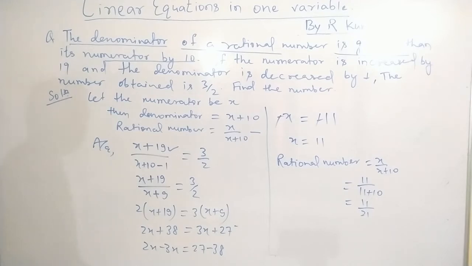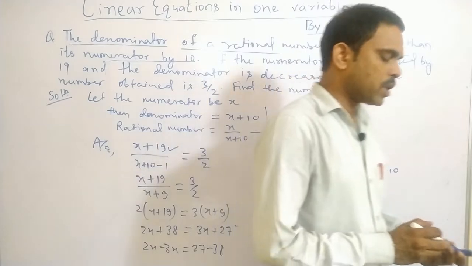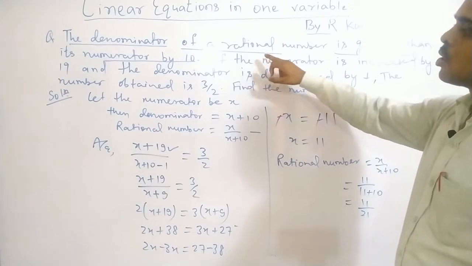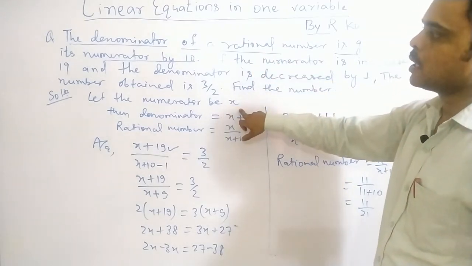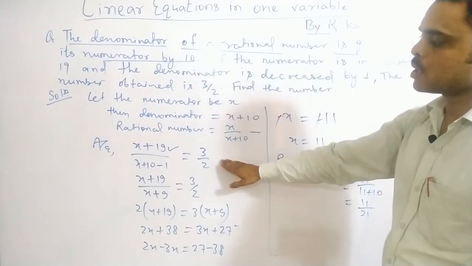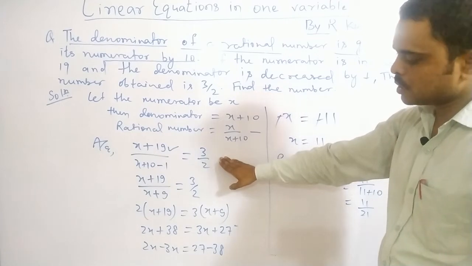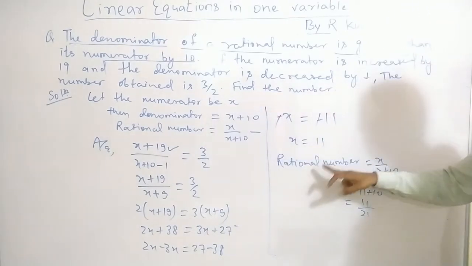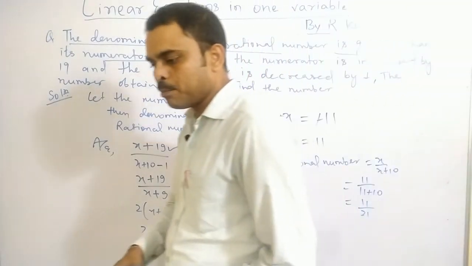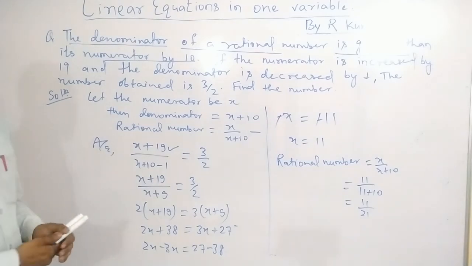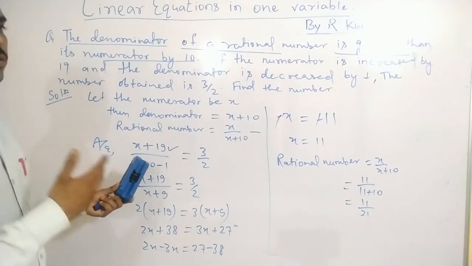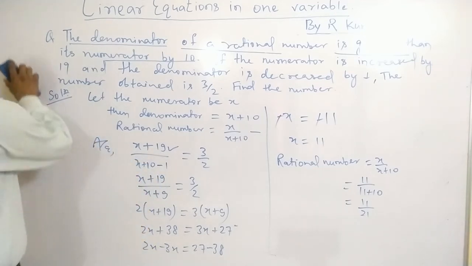What we have done here, once again the same common work. We have read the question carefully, taken a variable as the question asks, and then tried to get an equation and simply solve for x, and in the last we are getting a number. This you have to do everywhere in all the questions. Always read the question carefully, make an equation and solve for that. Now one more question I'll do.